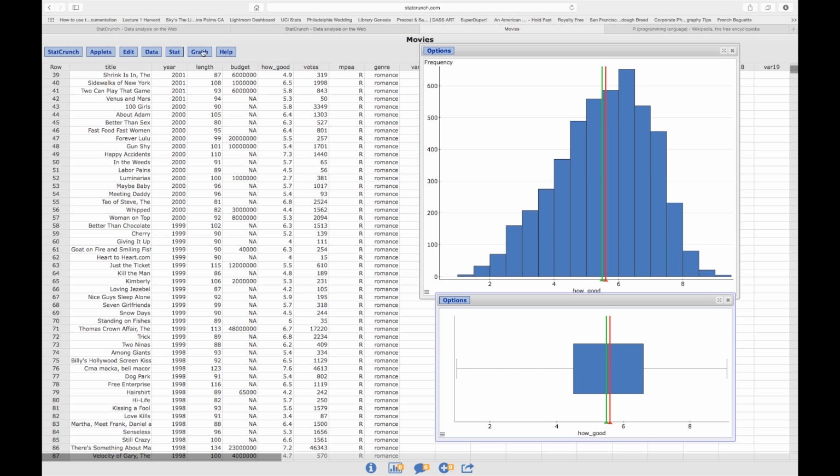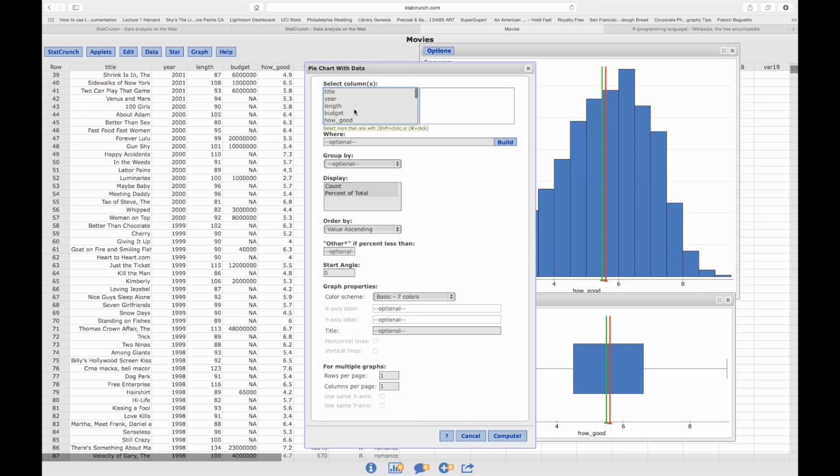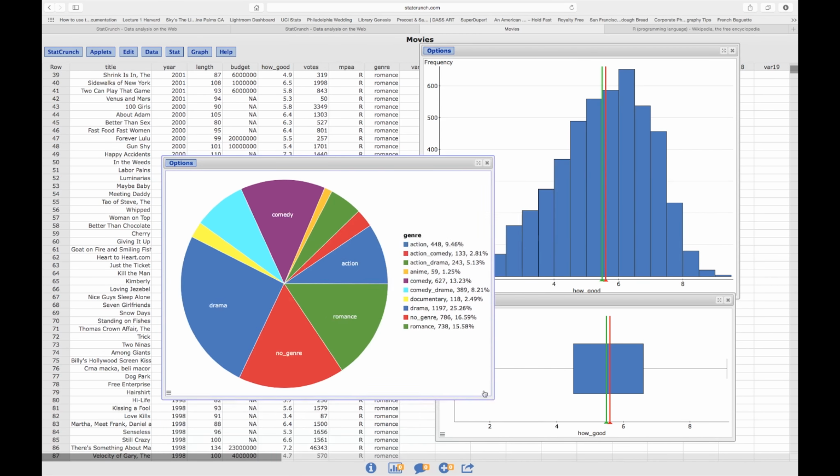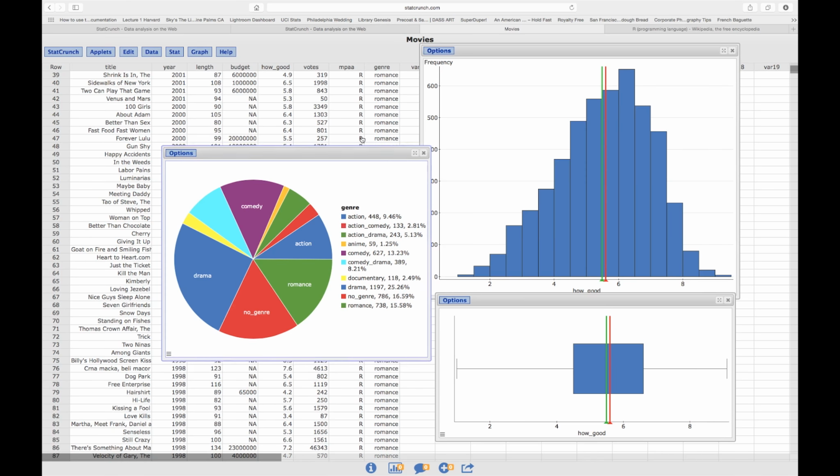So the first thing I want to do is show you a pie graph of the genres, just to get a sense of how many movies are romance and comedy and so forth. So we click on Graph, Pie Chart with Data, and we're going to click on Genre, and then we're going to click on Compute. And very quickly, it draws a